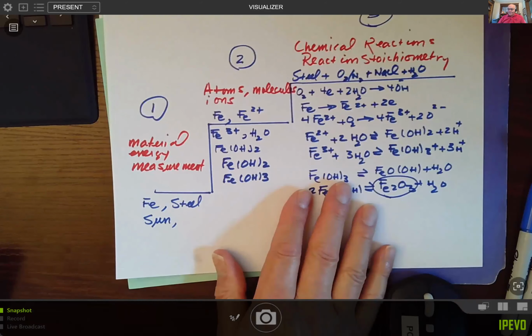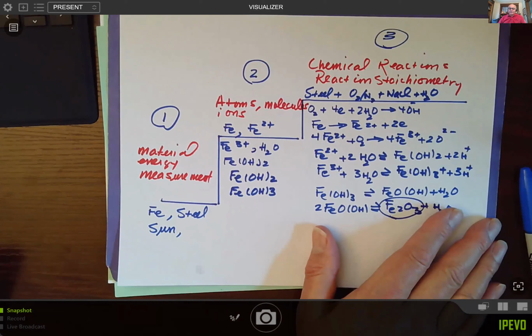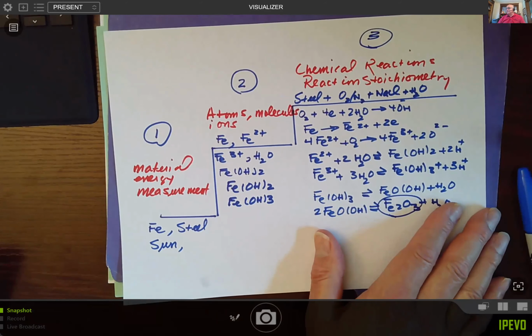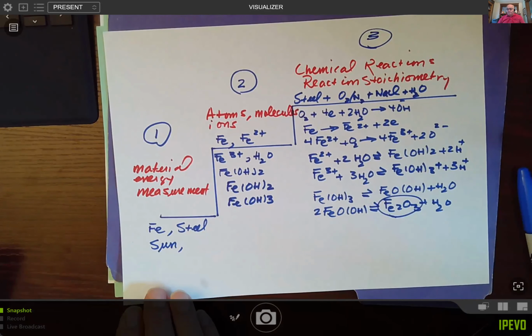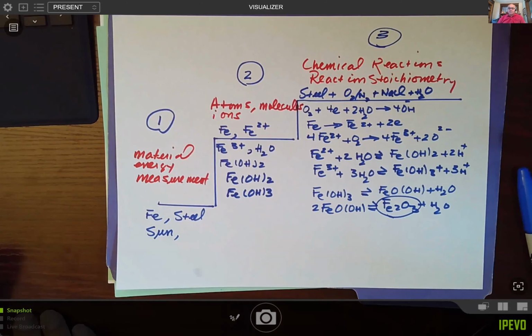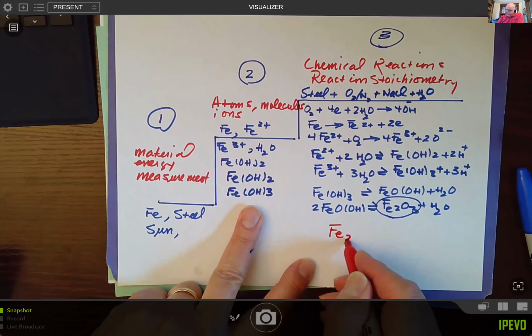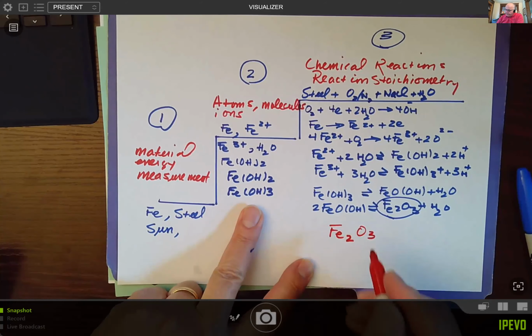to work on chapter 3. Chapter 3 is really where we're going to learn about chemical reactions, and a part of that is actually this corrosion. Corrosion comes from basically making iron oxide, iron 3 oxide. So if you make Fe2O3, which is the iron